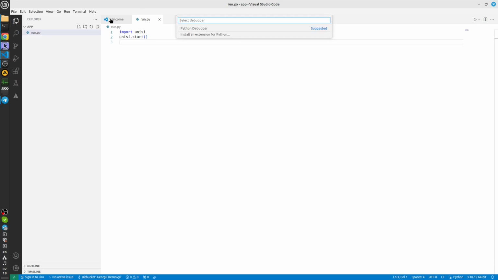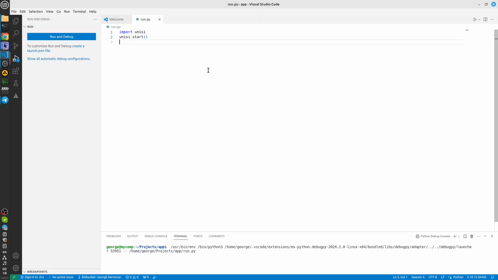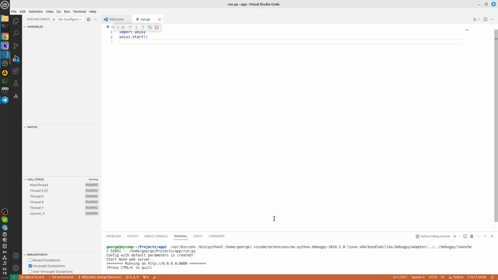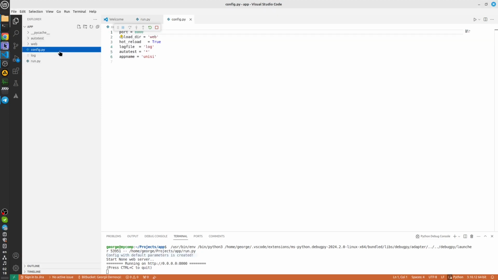Let's see what we get out of it. So we have launched the system. We can see UNICE has created a config file, for our convenience, to think less about what is missing. So, in the config file, we see the port on which the service has been launched. Upload-dir is a folder where UNICE loads upload files.